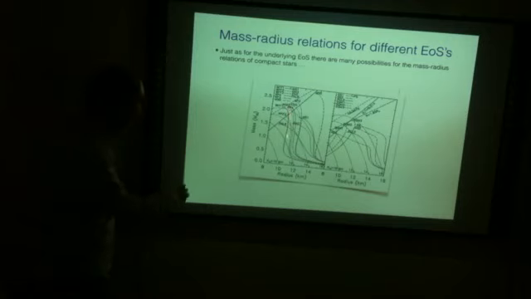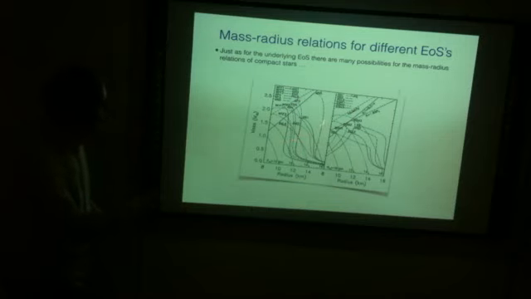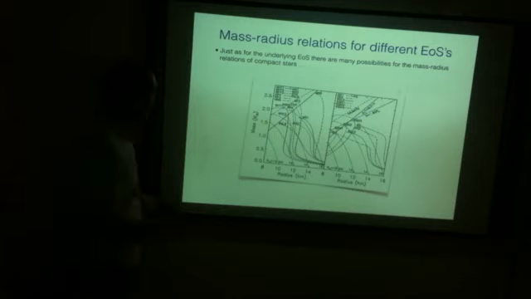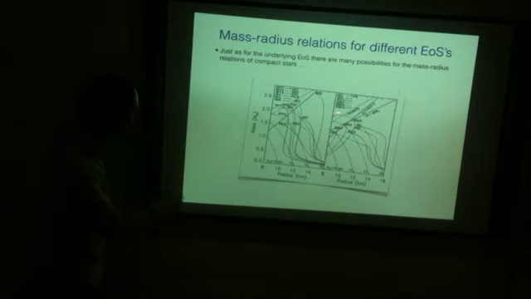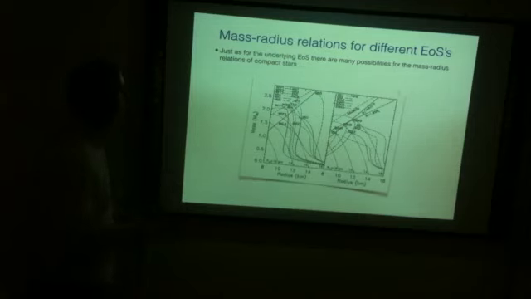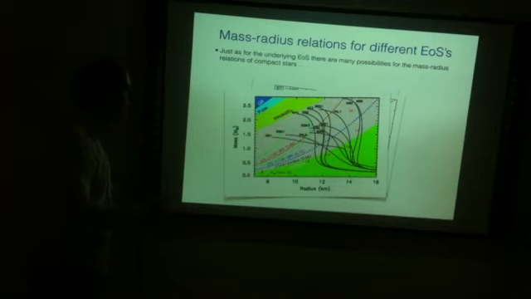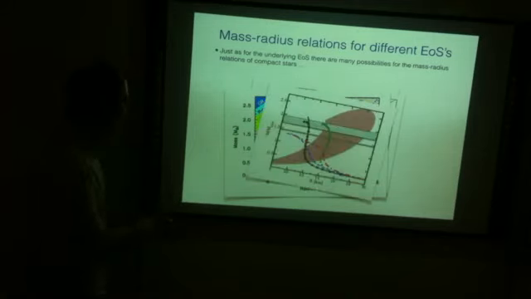But since then, they use all kinds of models, and as you see, for each model you get a different MR curve, and they can be very different. By now we're starting to rule out some of them by the observations we have. I told you, for instance, the mass has to be 2 solar masses. That means this way we can start getting rid of some of them that cannot provide 2 solar masses. But still, there are many options. Just to give you an example of what people come up with.